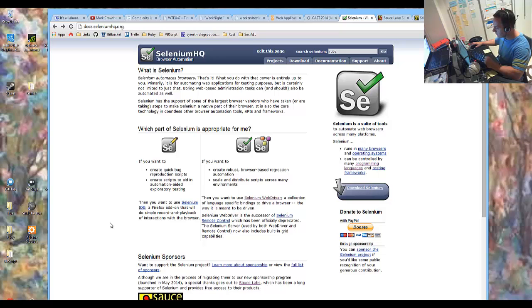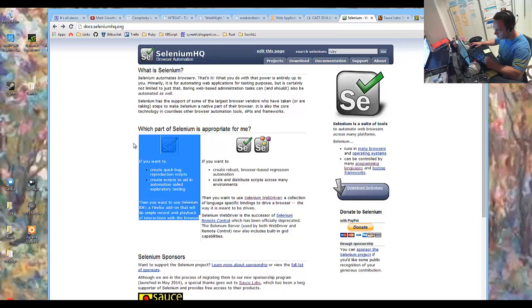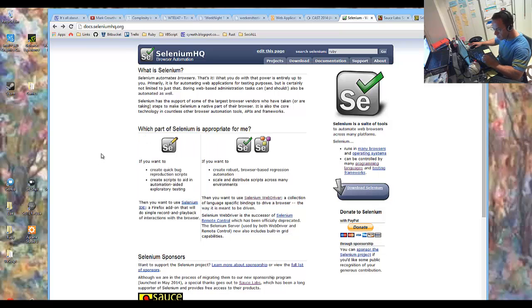Can you believe it? As you know, Selenium is the Selenium IDE plugin for Firefox, so you can do record and playback. Superb for just capturing some basic actions, sort of proof of concepting your scripts, but then you would want to go in and build them up. And then, of course, you've got Selenium WebDriver on this side as well. So this is Selenium version 2.